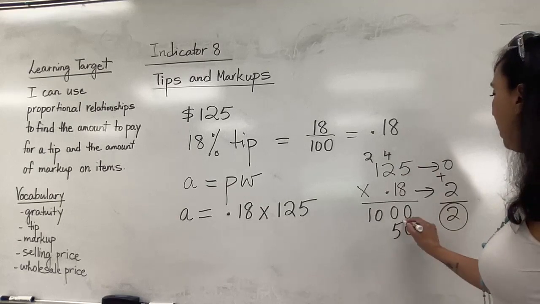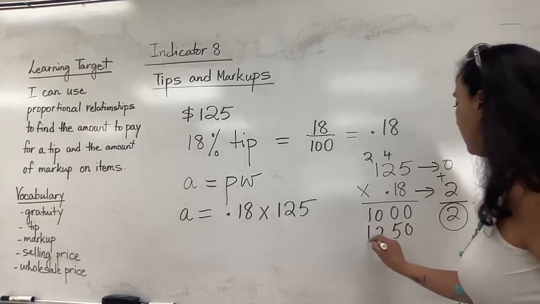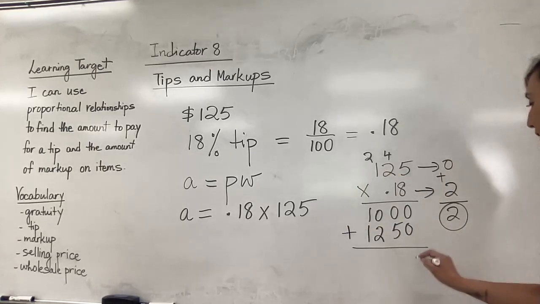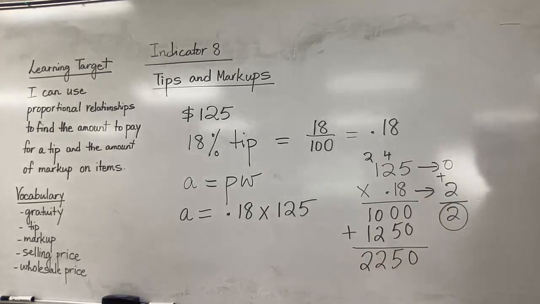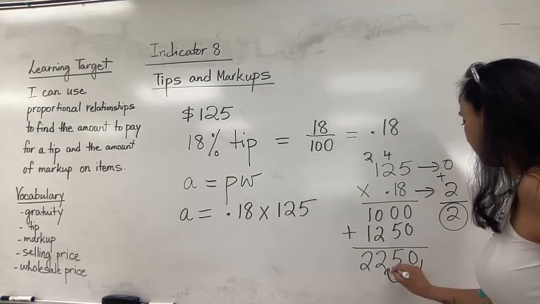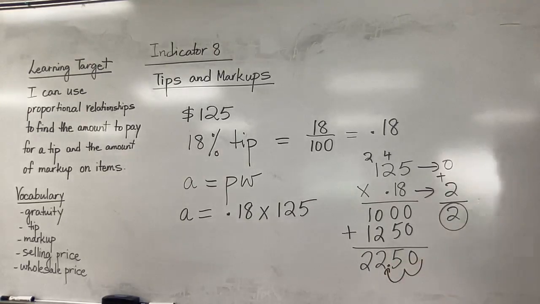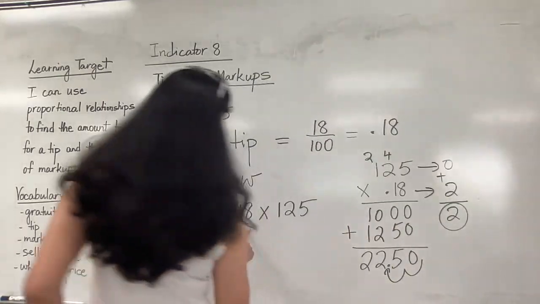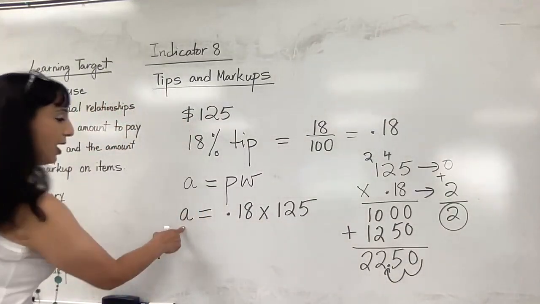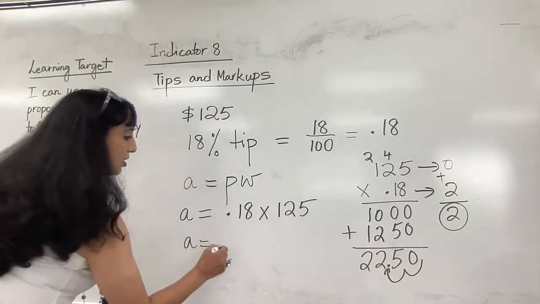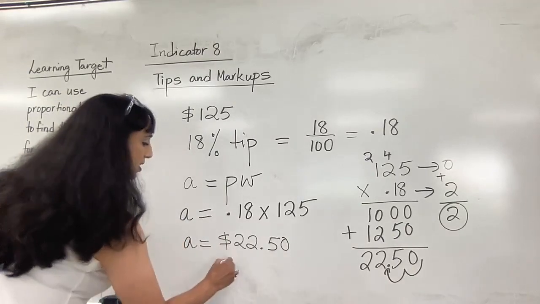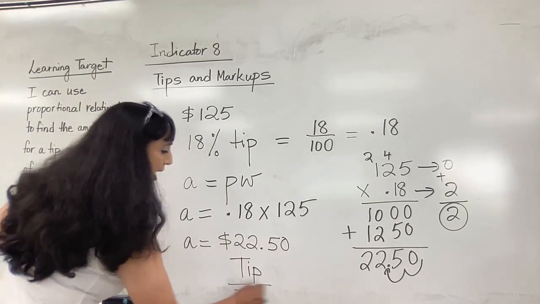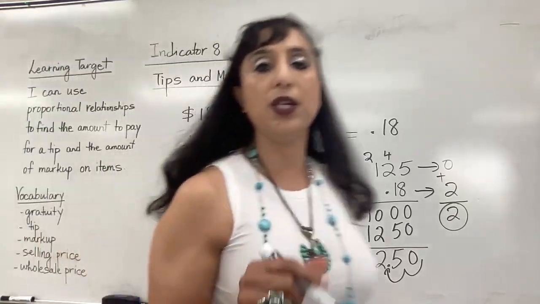1 times 5 is 5. 1 times 2 is 2. 1 times 1 is 1. And then I'm going to add this. This is 0, 5, 2, and 2. 1 plus 1 is 2. Okay. Once I have this, I'm going to move it 2 decimals to the left. So the total tip amount, the 18% of 125, this part, this A, is equal to $22.50. But this is just the tip amount, and this will have to be added on to the cost of the